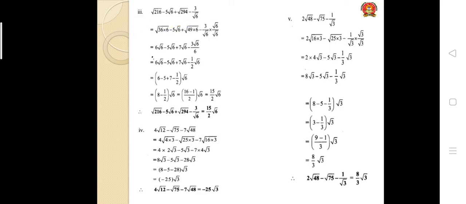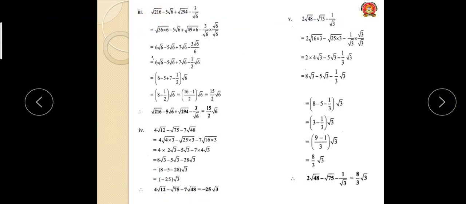Now see, students, if you are observing it, this 216 you have to write in such a way that one factor should be a perfect square number. If it is not possible, now 5 is there, we can't write any factor of 5 which becomes a perfect square, so we have to keep it as it is. No need to write it in simplified form. Why simplify? When to simplify the square root? When the square root has a factor which is a perfect square.